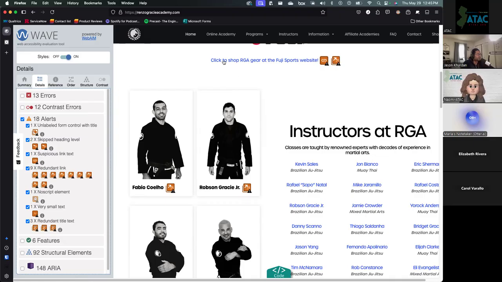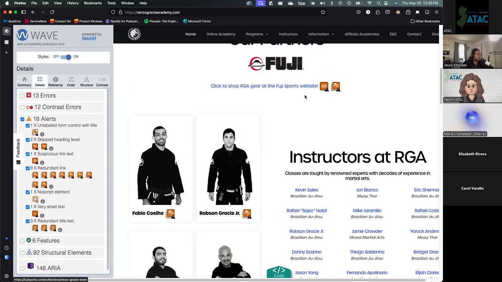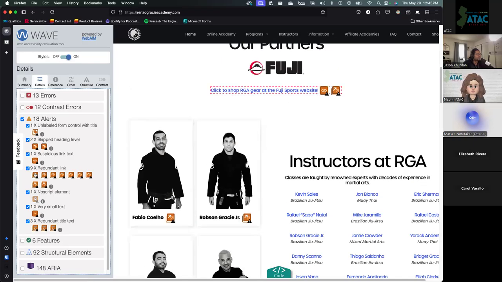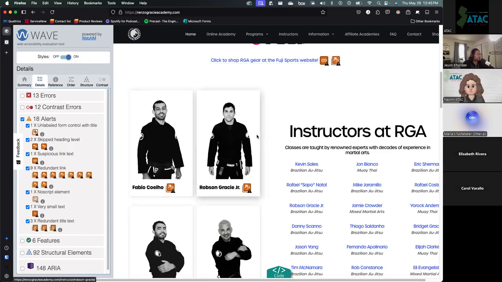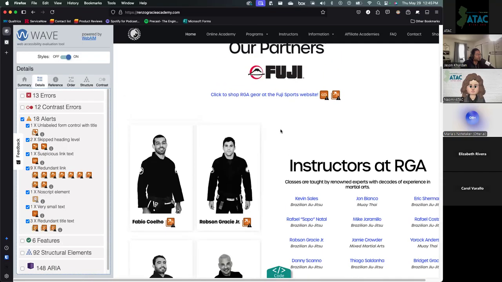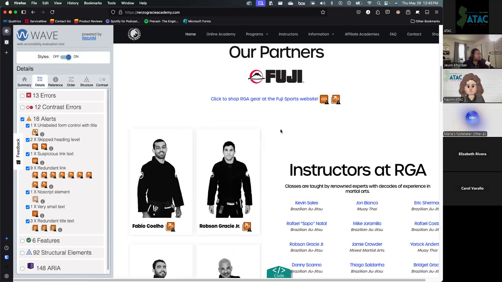So this one, yeah, the click to is in there, which is probably why I flagged it, but it is a unique link. Redundant links are where there are two links next to each other. And in terms of accessibility, there are some things that are more severe than others. In this case, you're going to get probably the link to Fuji, and you're going to get this link. And yes, it is redundant for a screen reader user, but in terms of usability, it's not the worst